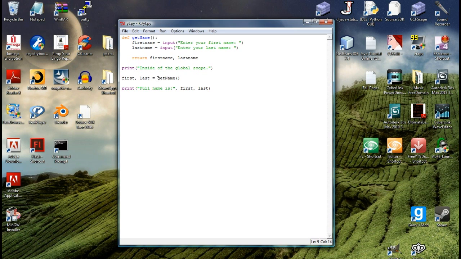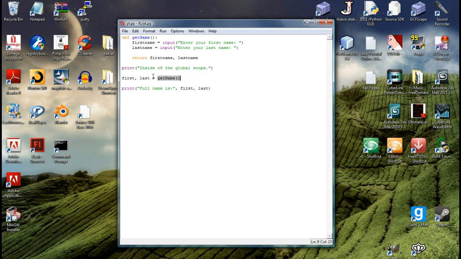It finds that the following will be a function, get_name, and so the program will go back up to the first line of what I defined up here, and we're going to do input from the keyboard, assign the first name, assign the last name, and then return multiple values. I'm going to return two values here that are strings, and then those two values are going to be assigned